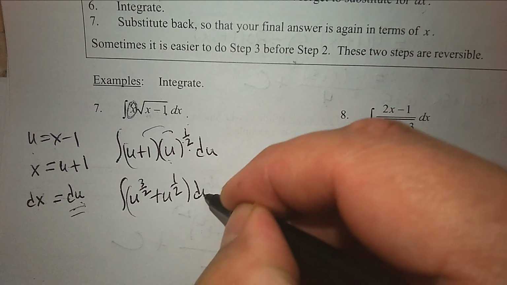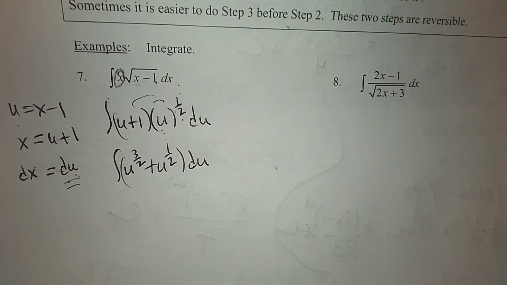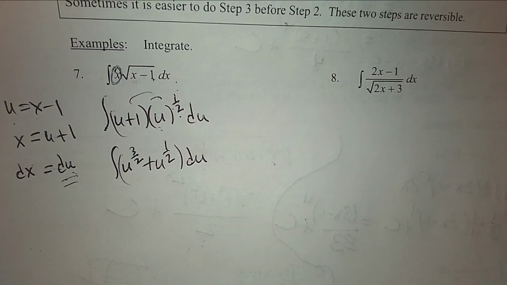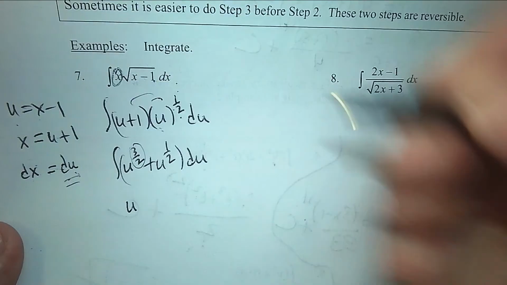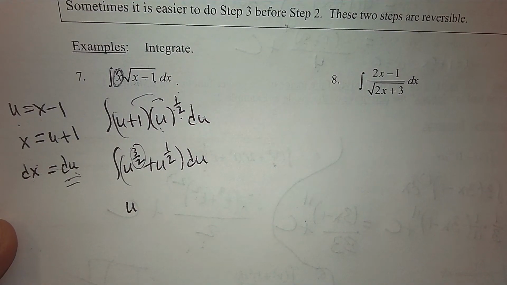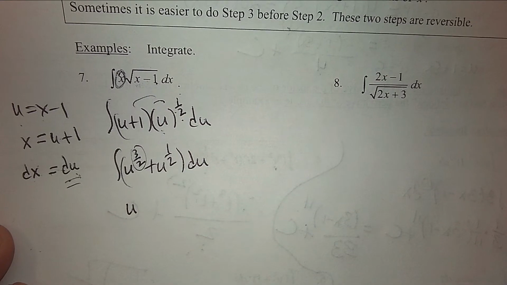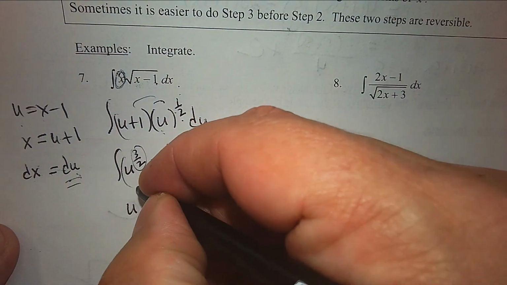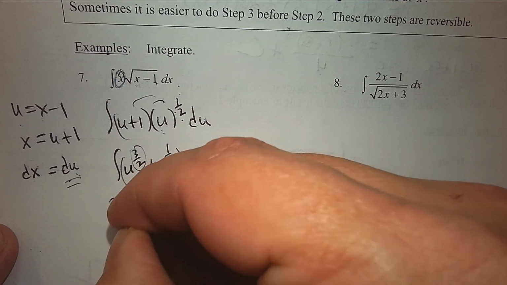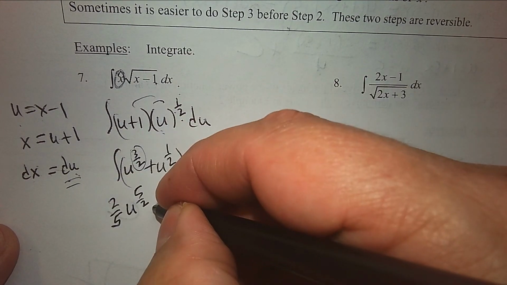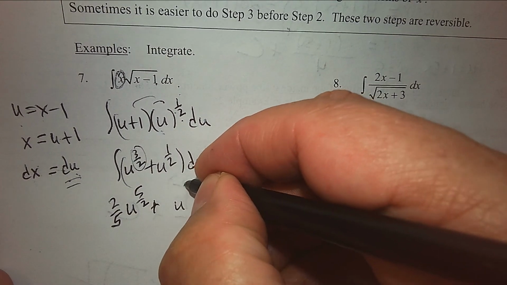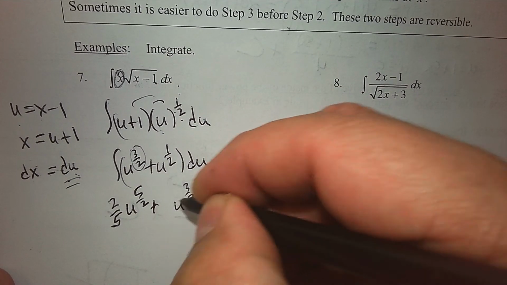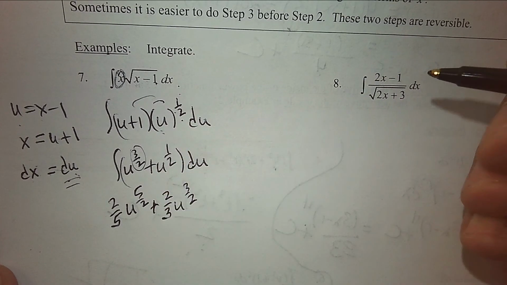Now, is it set up where I can integrate? So how do I integrate? Add 1. How do I do that with a fraction? What should I focus on? The denominator. So 1 is 2 over 2. So when you add, it becomes, divide becomes the reciprocal. Again, add 1, and it is 3 over 2. Divide, or the reciprocal is 2/3. And of course the